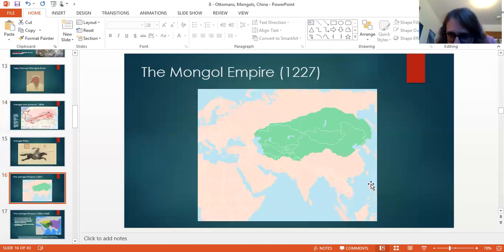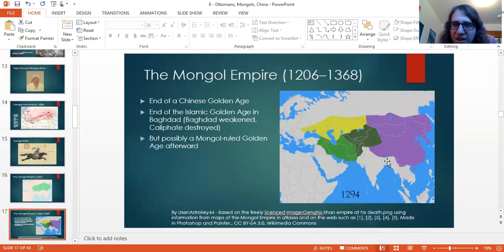Here's an early version of their empire in 1227. And here you can see they have gotten all the way up to basically the border of Persia and the border of India. And all as far as basically Russia here, basically as far as Moscow and some part of northern China. And they're just going to keep going. Eventually, they also include Persia, and they've conquered a little speck of Europe here, and they've conquered all the way to what we think of as China, the whole of China, and Korea for that matter.